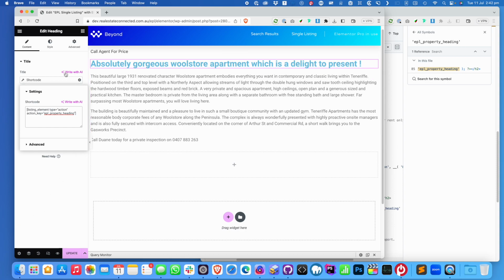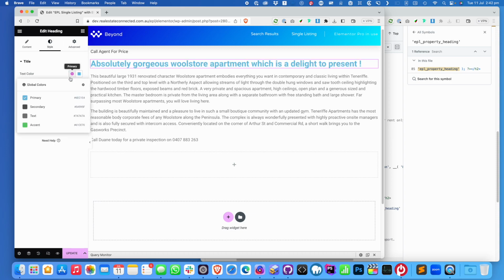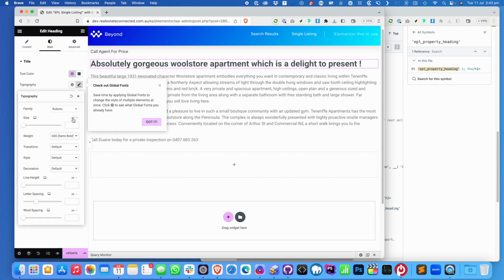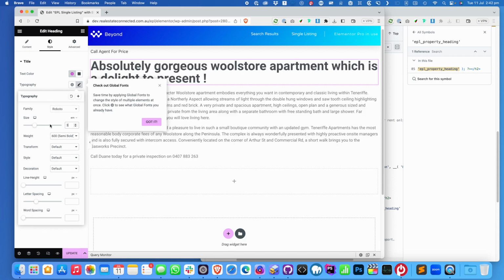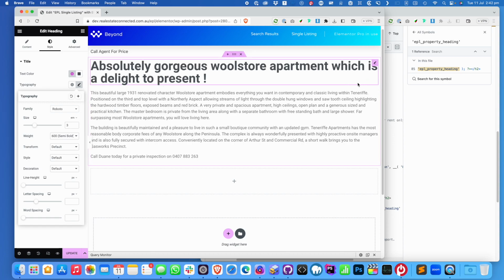Now the benefit of using a title in the shortcode, which takes a couple extra steps to set up once, is now you can use the wonderful styling options that Elementor provides. So you can go to your typography and change your size to 2 EM. Let's go 3 EM, and there's our little heading. Now this might be a bit too big, so okay, let's do a